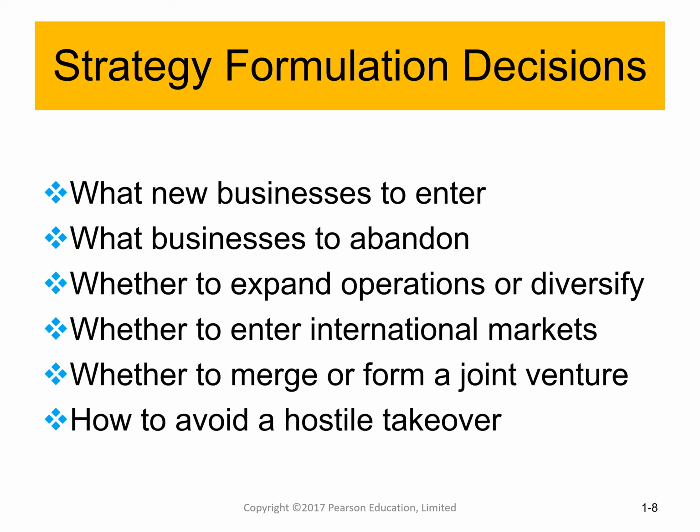In the event that the organization wants to diversify, how are they going to diversify, how are they going to expand their operations, what actions are taken to enter international markets, if the organization wants to merge with another organization or enter into some form of joint venture, and if the organization is subject to a hostile takeover,